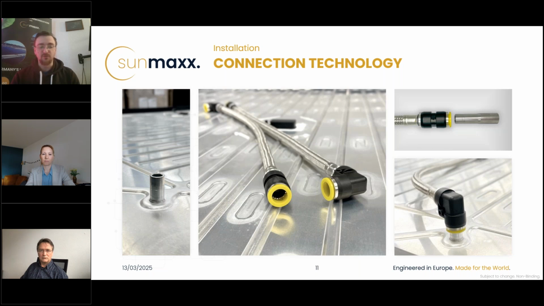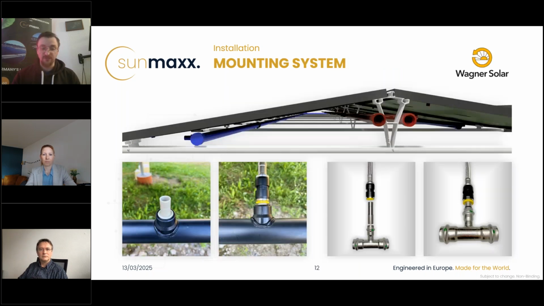With these connection hoses that you can see in the middle, it is possible to combine our module with a normal pipe system, and with that the hydraulic system is very easy to build up. So there is not a big difference in the mounting system to a normal PV or solar thermal collector field as you know it. Here we can see a standard construction for a flat roof, so an east-west construction. But we can also use our PVT modules, of course, on a pitched roof or even in a free field.